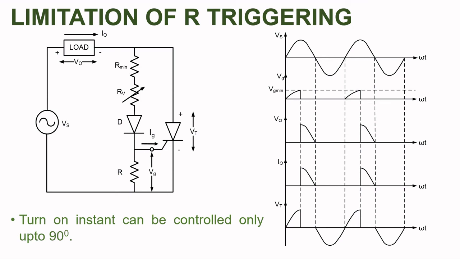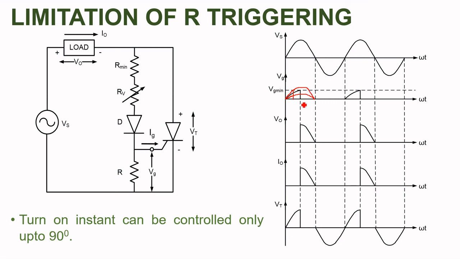That means if this voltage waveform would have been lower than that of the actual value, the SCR will not get triggered, and if it is higher than that of the available value, then the SCR will get triggered earlier than 90 degrees. It will get triggered over here, which is not expected. We want it to get triggered higher than that of the 90 degrees value